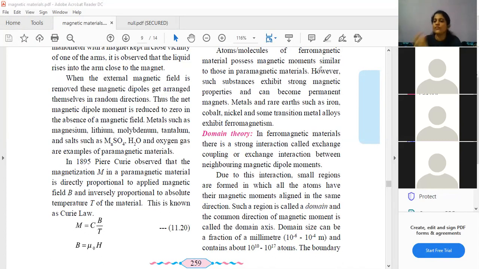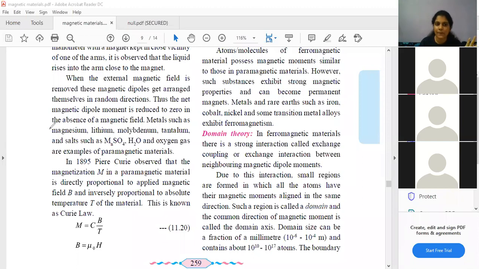The next topic is ferromagnetism. Ferromagnetism is the same as paramagnetism only, but ferromagnets are much stronger magnets. Why are they stronger magnets? The one important reason is that in ferromagnetism, when you all remove the external magnetic field, okay, the dipole moments do not become random. Whereas in paramagnetism, as soon as you remove the external magnetic field, all the dipole moments go in random direction again. But this does not happen in ferromagnetism. So if you have to compare para and ferro, obviously a better magnet, or the material that shows better magnetic properties, is the ferro one. Okay, fine. I hope you all are understanding.